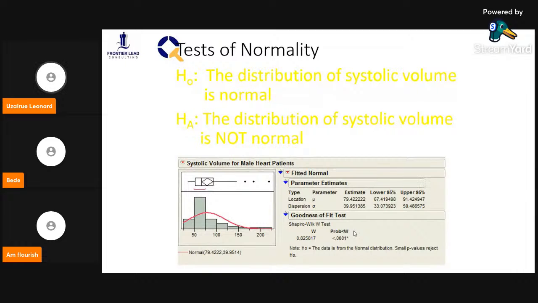So, in essence, what this is telling us, because of the p-value here, I need you to note this. Note that the data is not from a normal distribution. So a small p-value, then you will reject